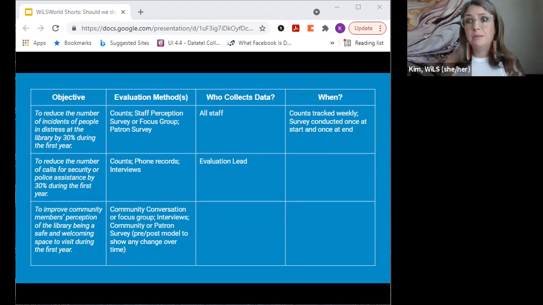A patron survey might be another thing there. If this is something that you think might be impacting visits to the library and people's interest in coming to the building because of concerns around things there, a patron or community survey could be another place where you might want to do a pre-post to see if there's movements in people's perception of the library there. Those are just examples. They're not exhaustive. There's other things that I could come up with there, but just to help you see how there's different ways you can get that information.